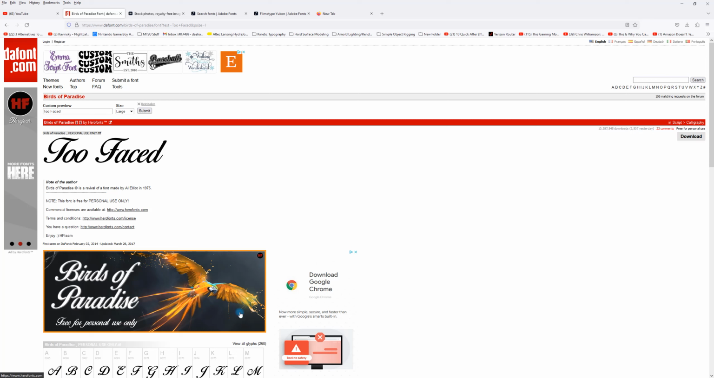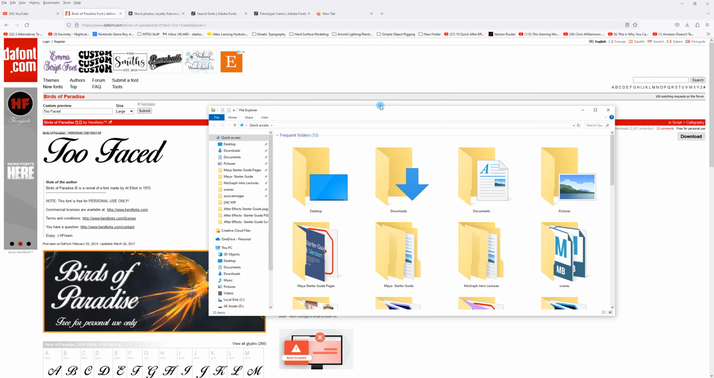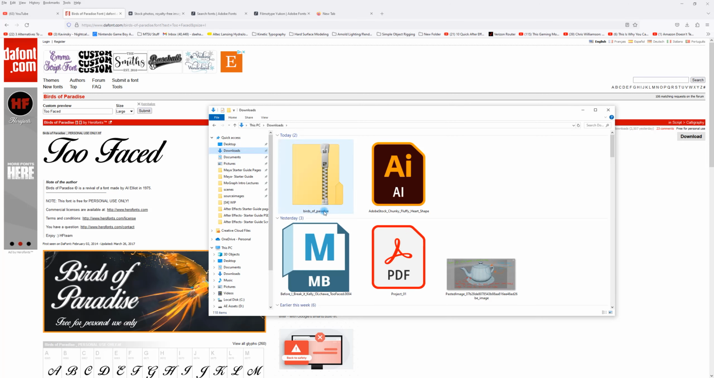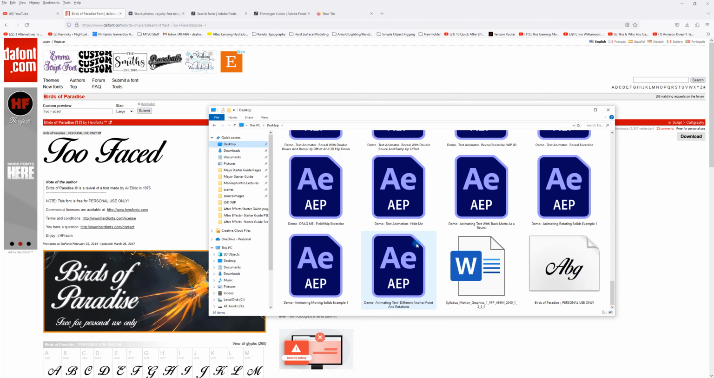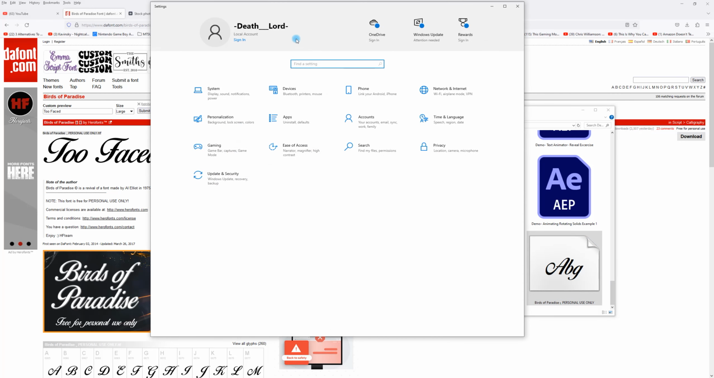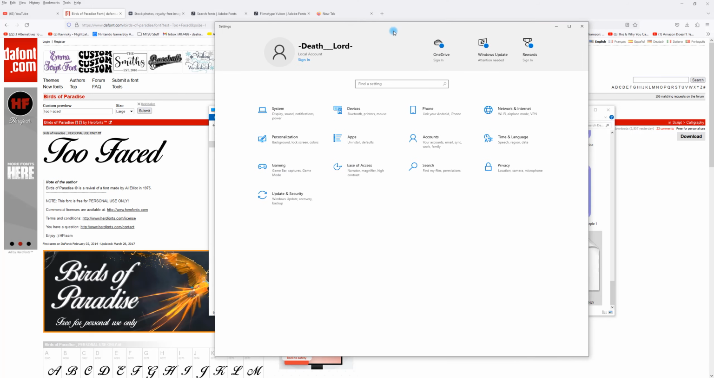And regarding that, so in here, for example, under the downloads, it's right here, Birds of Paradise. Double click it, and it'll say this. So what I do is I basically copy it and I paste it into the desktop right here. And then from there, you go into the settings, and under